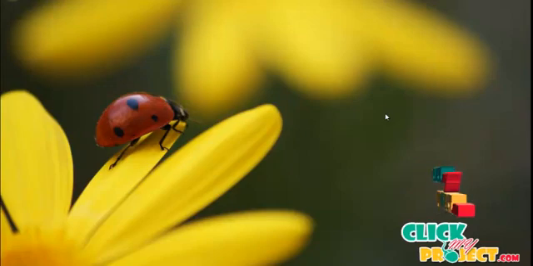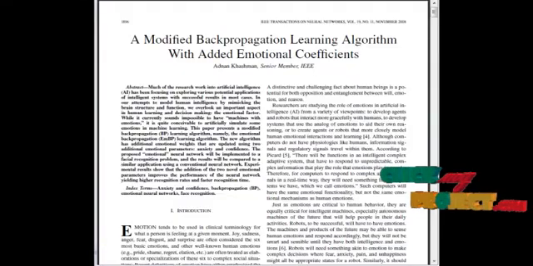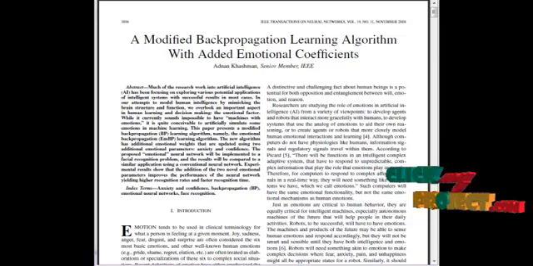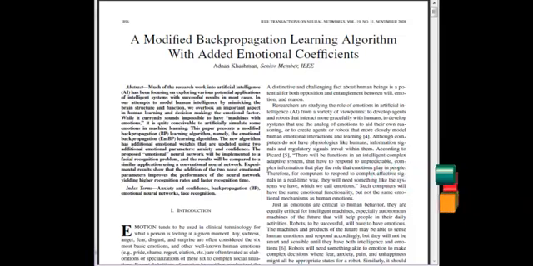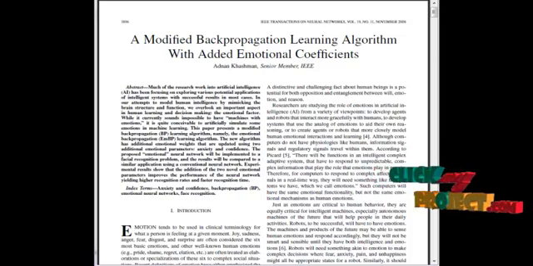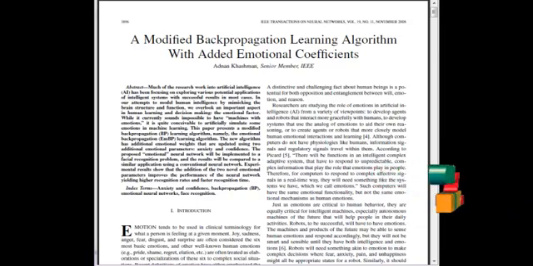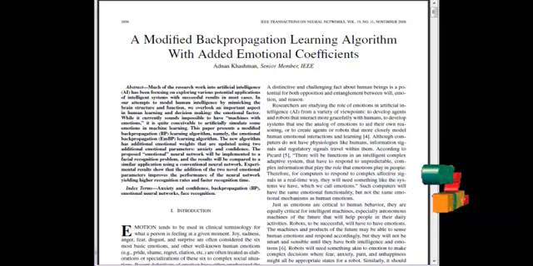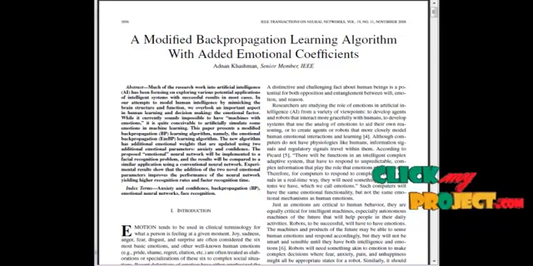Welcome to clickmyproject.com. Now we discuss a modified back propagation learning algorithm with ordered emotional coefficient. In this process, we would make two processes. First, we analyze whether the given pattern is an authentication or not authentication pattern. In this process, we use PCA feature extraction and also an SVM classifier to classify the authentication or not authentication